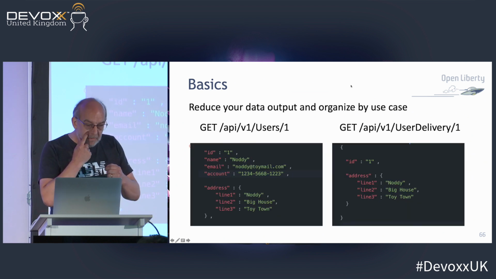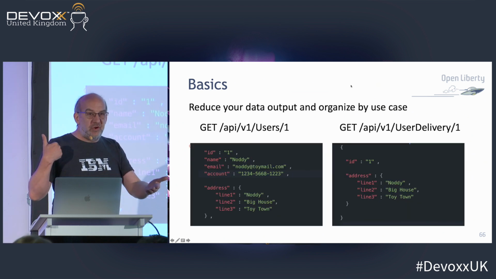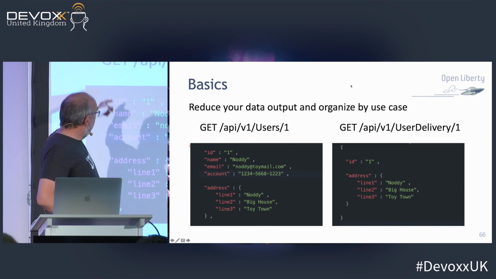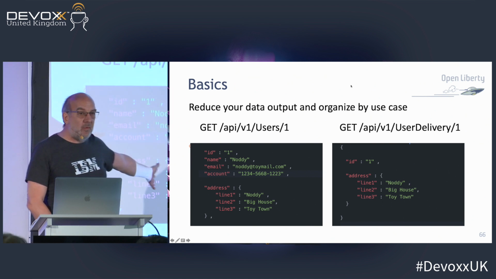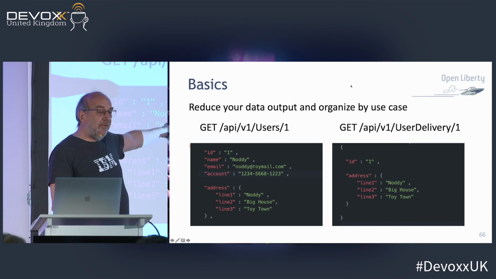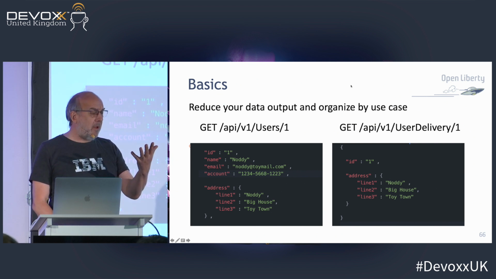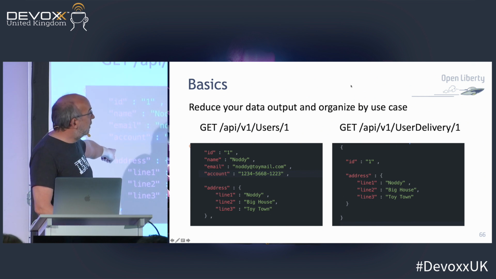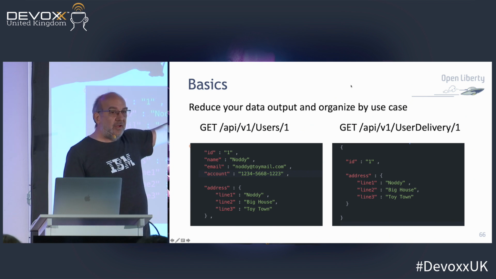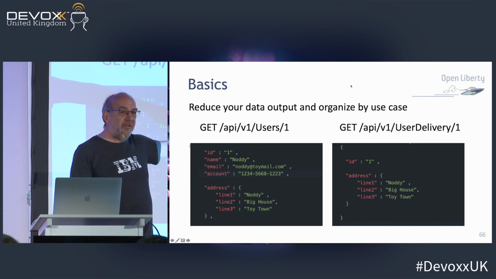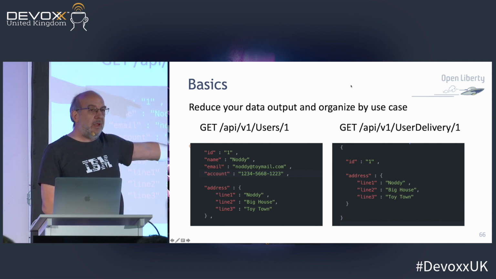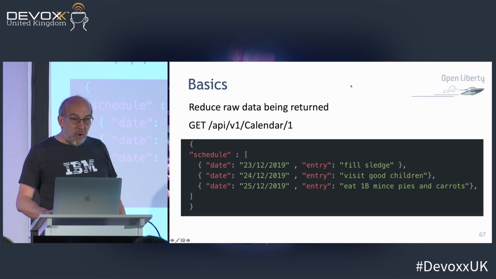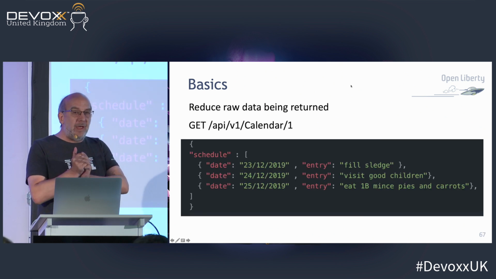The other thing you can do is reduce the data that you return. If you have an API v1 users 1 and you return everything you have, then you've just given it away. I mean, what would you do? You say, I make this call, it goes to a NoSQL database, I get back some JSON, I give it to the client, because that's easy. Don't do that. Structure your APIs around use cases and give back just the data that the guys need for that use case. Make it harder for the bad guys to do the discovery. Don't give back raw data if you can do anything any other way.